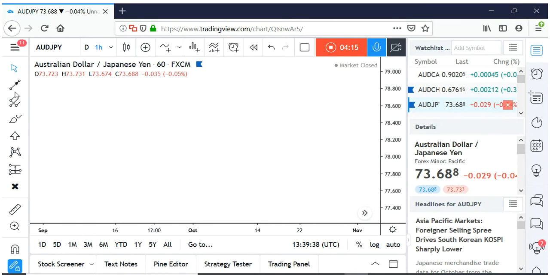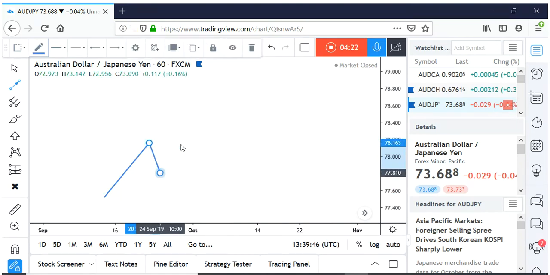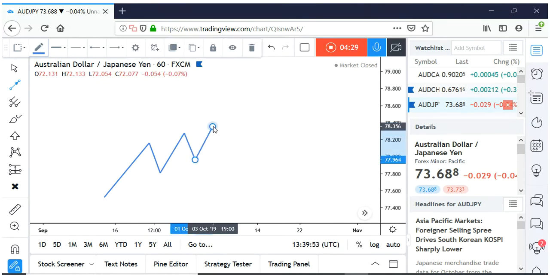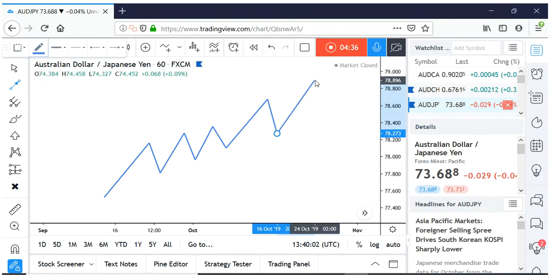So it moves high. For example, the market makes a higher high, higher low, makes a new high, makes a new low, makes another high, makes another low, makes another high, and makes another low, and then makes another high, and then stops there.